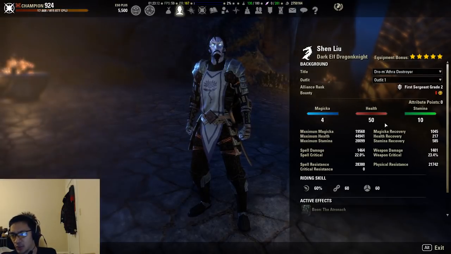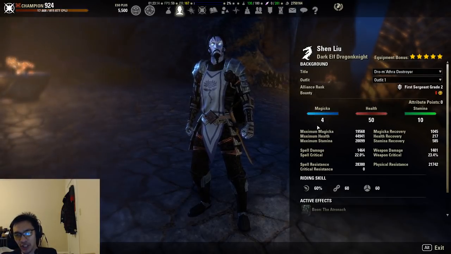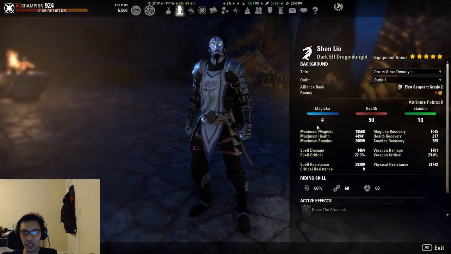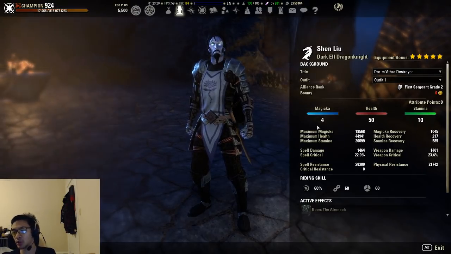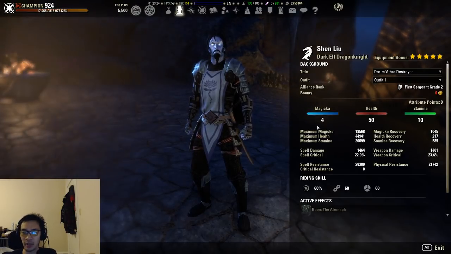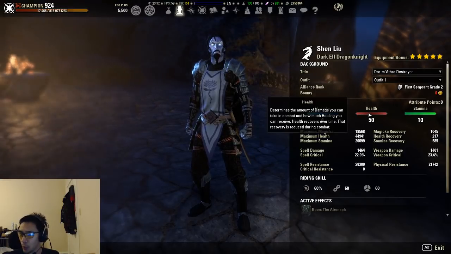Now in terms of attributes, I have this distribution here, again because I am a Dark Elf, so I do need to make sure my stamina is higher than my Magicka, because I do have a 9% max stamina boost and only a 9% max Magicka boost and 60% max stamina boost. So I do need to play around with my attribute points a little bit to make sure my stamina is higher than my Magicka. So generally speaking, I like to hit at least 40k health